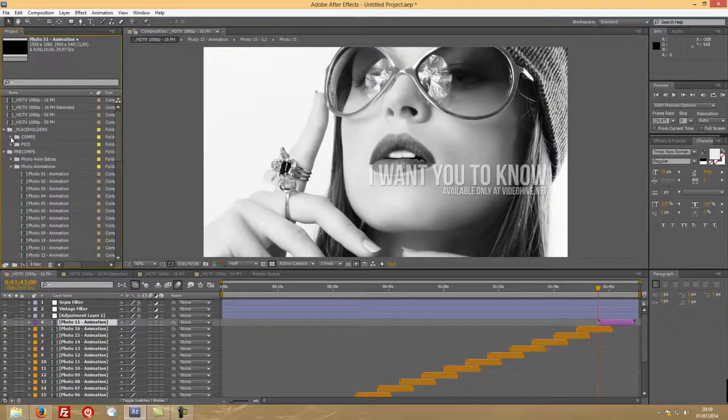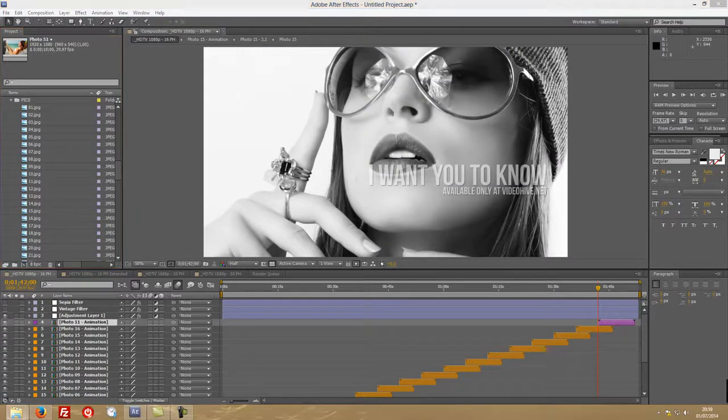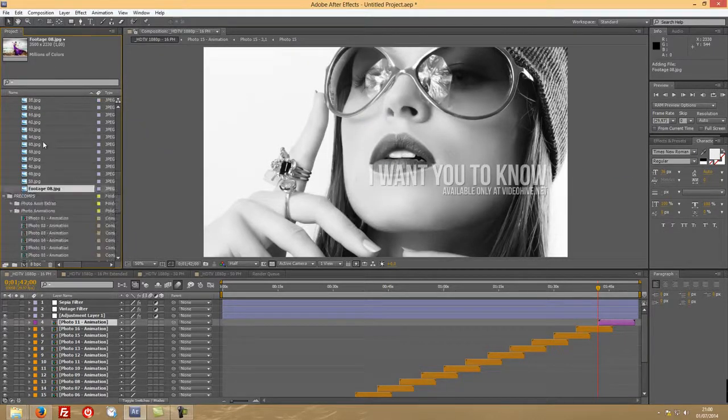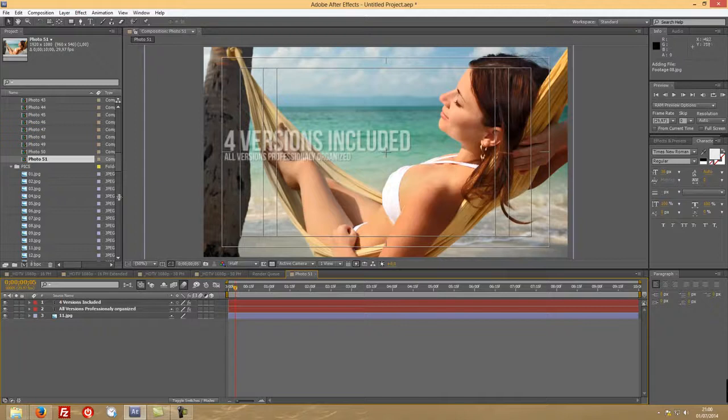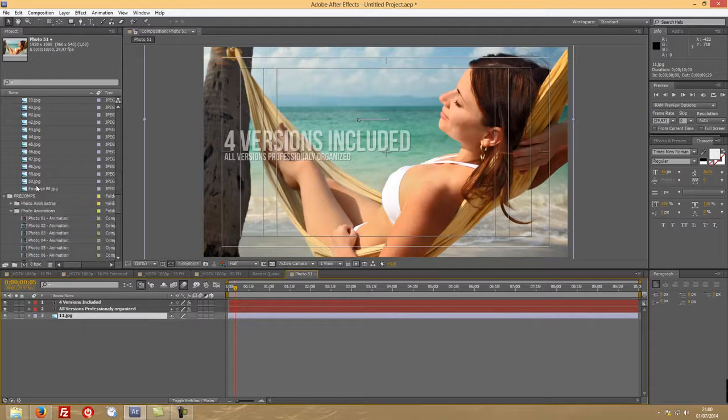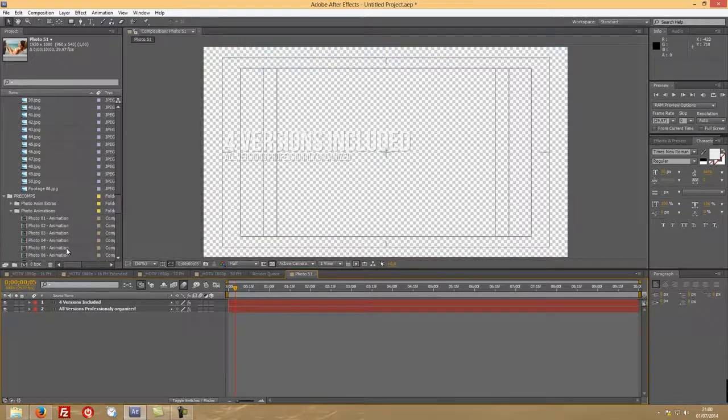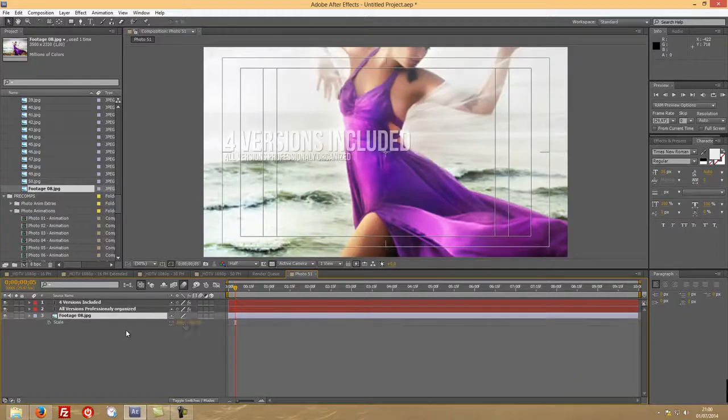Now let's go to our comps and duplicate the photo 11. Control D, so we have photo 51. Now on the pics, I'm going to bring a new picture inside, just one that I have here on my desktop, and the name is footage 08. It doesn't matter the name, but I'm going to open my new composition of the photo 51, and this is my photo. I will replace this photo 11 with it, or I can just delete the 11 and bring in the new one, scale it as I want,